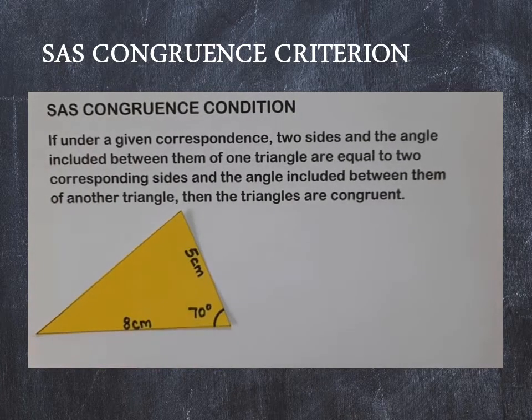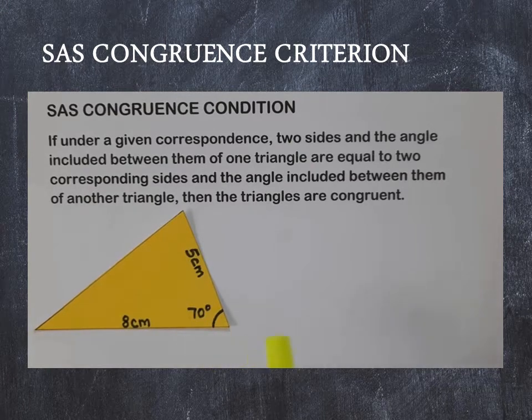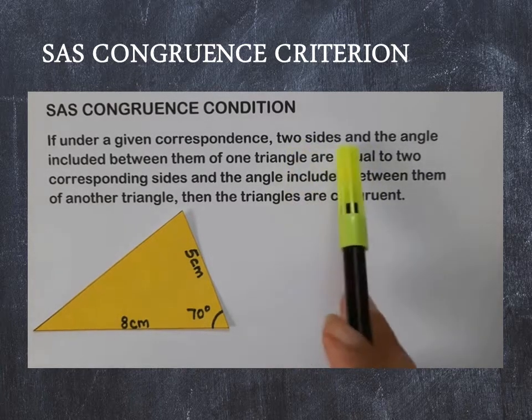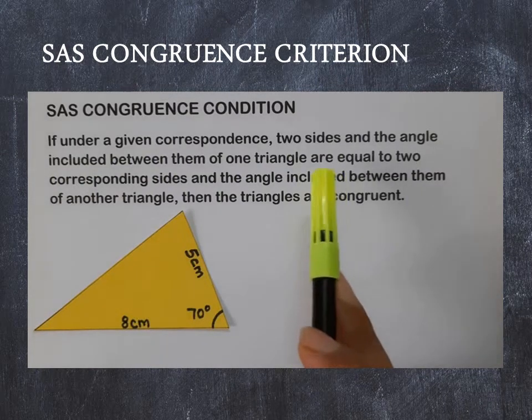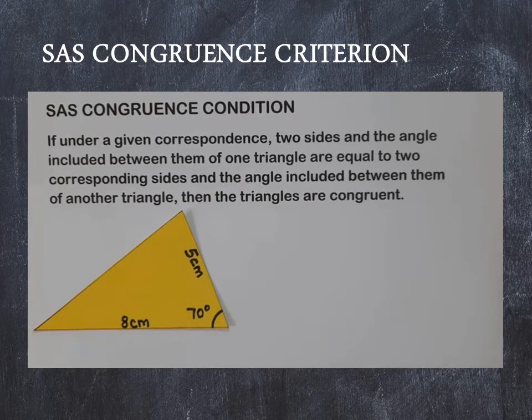We have this triangle with us. In this triangle we have been given that the two sides are 8 centimeter and 5 centimeter and the included angle is 70 degree. Okay, so we are taking the angles and sides according to the condition that is given to us. That is why we are taking two sides and one included angle. Now let us try to observe that if one of these measures is missing, then also can we have a copy of this triangle constructed, because a copy of this triangle means a congruent triangle. Let's try to find out.